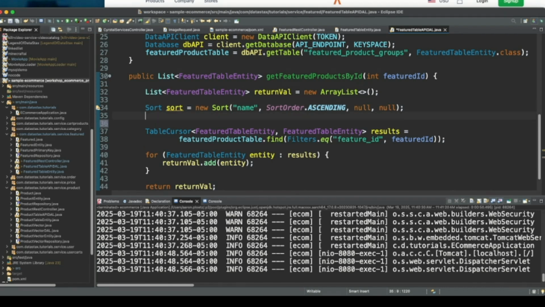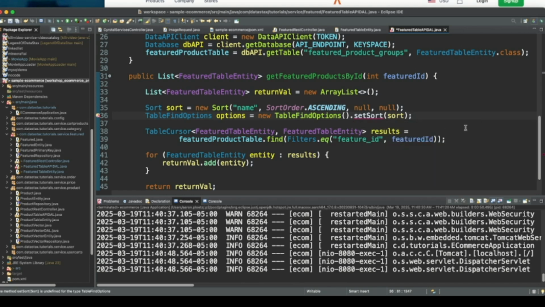All right. Now I need to attach this sort that I've just defined to a new structure called table find options. And I'll say options, new table find options, set sort. Okay, and let's pull in that library real quick.